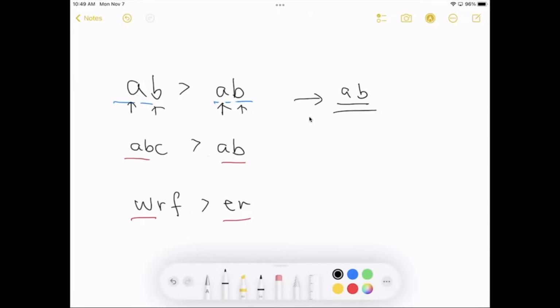So we know the first 2 characters are the same, and we don't know how we can compare them. But the weird thing is we have another C here, the length of the first word is greater than the length of